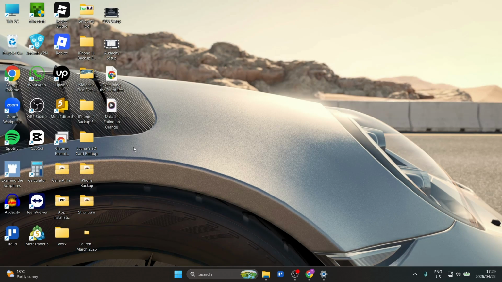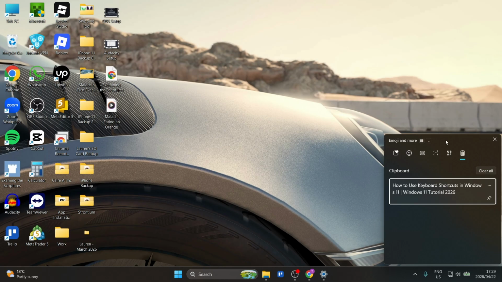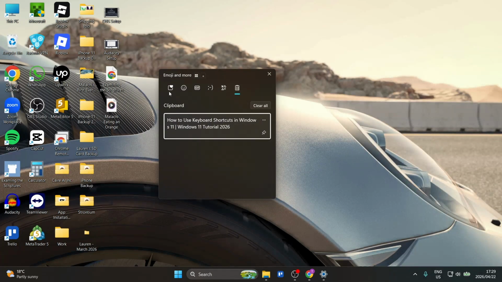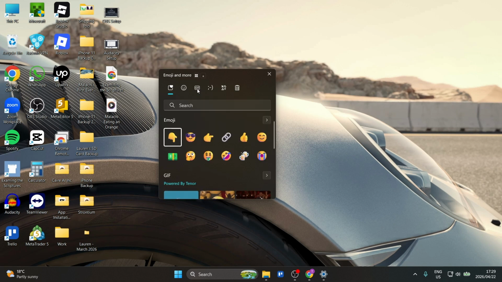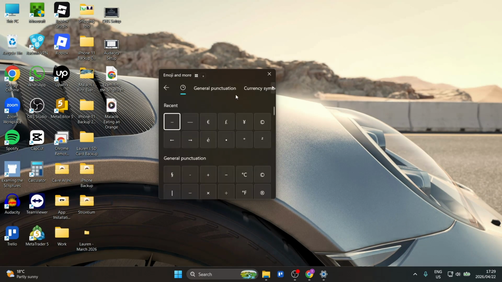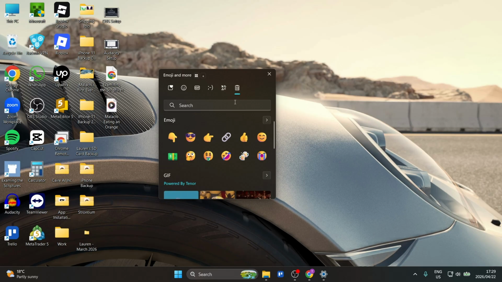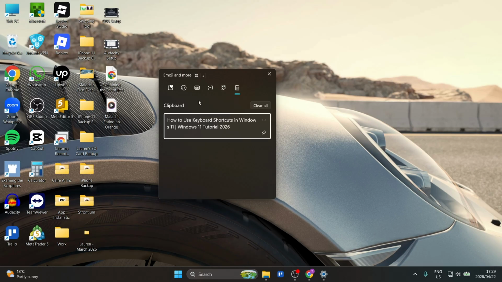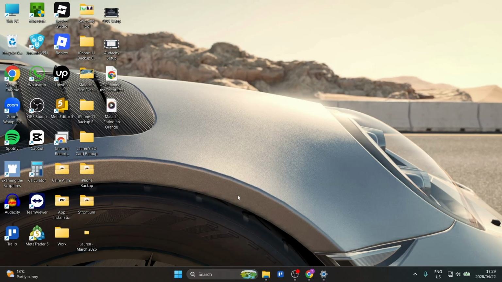But did we know that the Windows key and V actually brings up this box? So this basically will give you emojis. It will also give you stickers. It will give you GIFs. It will give you whatever these things are. And then it also gives you a clipboard, which you can store multiple items of text as well as image. Yes, quite amazing. There are a bunch of other things as well, and I'm going to show you exactly every